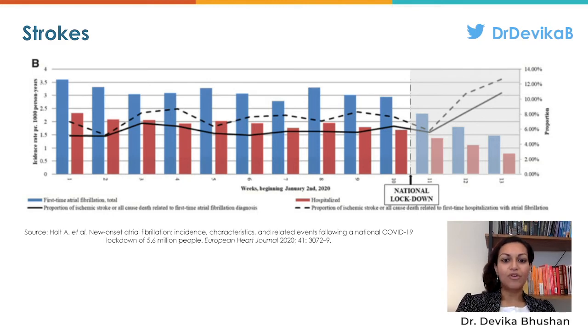bars. Atrial fibrillation is an arrhythmia of the heart that predisposes to stroke. So what was seen is that the odds of a stroke or death resulting from first-time atrial fibrillation that was underdiagnosed in this context during lockdown. So stroke and death resulting from undiagnosed AFib was about 41% higher, shown in the dashed and the solid lines